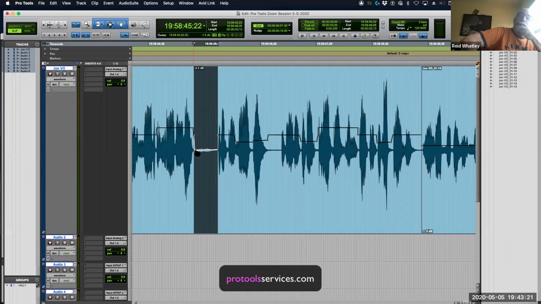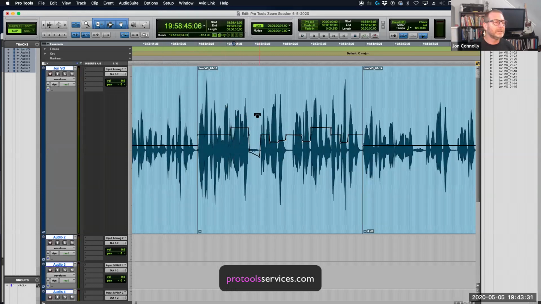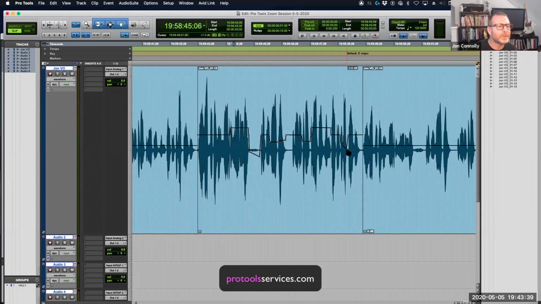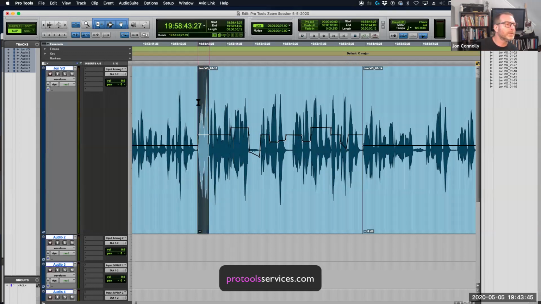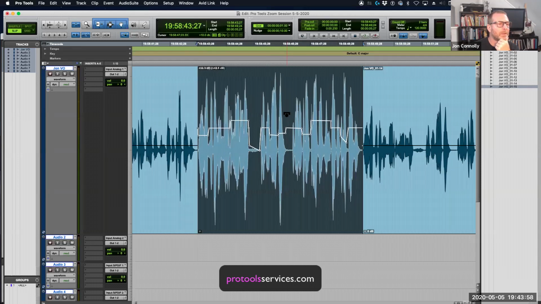And again, I'll ramp it out a little bit so that it's not stair-stepped. And again, I would listen to this. Your ear is the ultimate test, right? So here's the clip, and I can see that this one probably needs to be tweaked down. I can see the waveform come down a little bit. And here's another one on the beginning. I'm going to go back up here, knock that one down, and I'm going through it quickly. And now I can take the overall gain up and not worry about clipping.